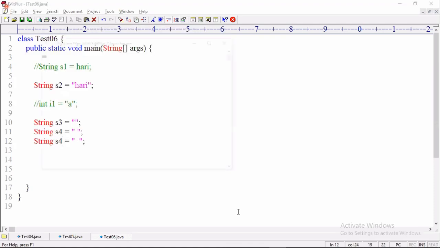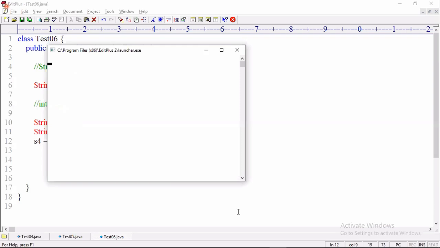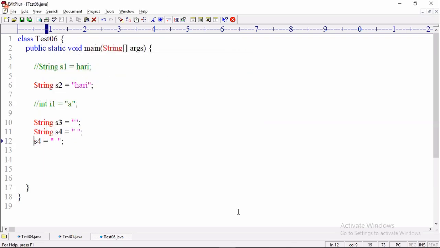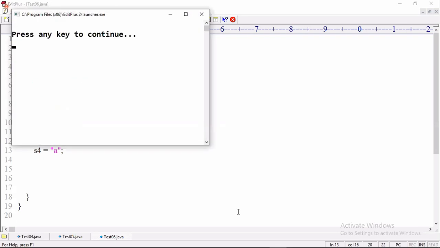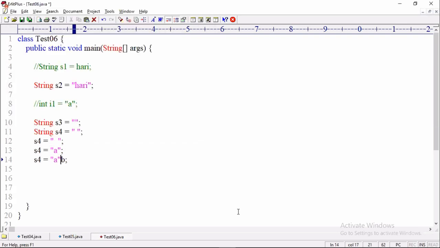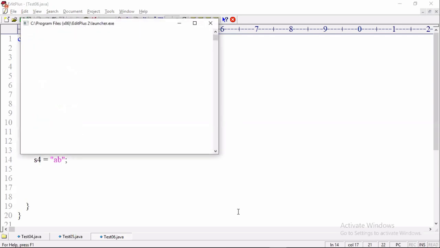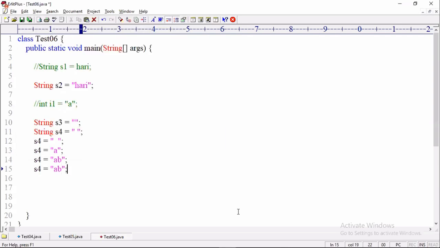Now three spaces are allowed. I have to change the variable name. Now look, compile and execute. I'm writing a single letter, allowed. Two letters allowed. I want to store alphanumeric 123 $# allowed.